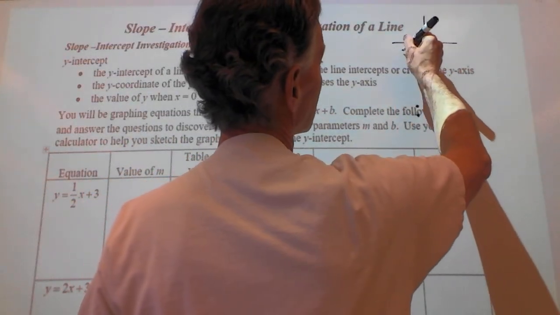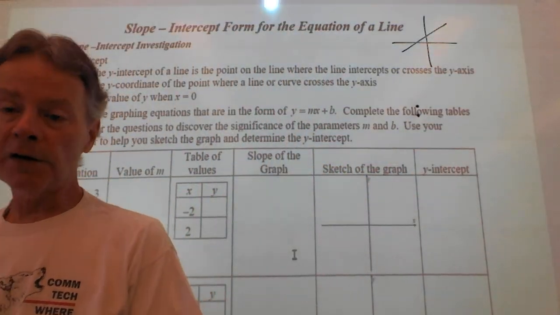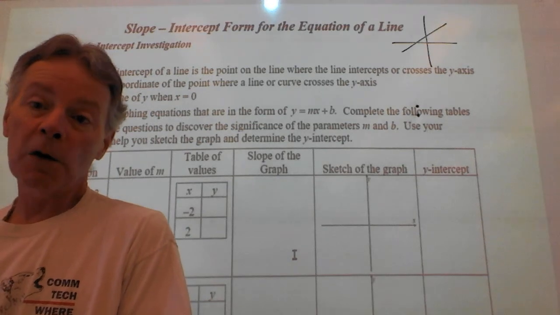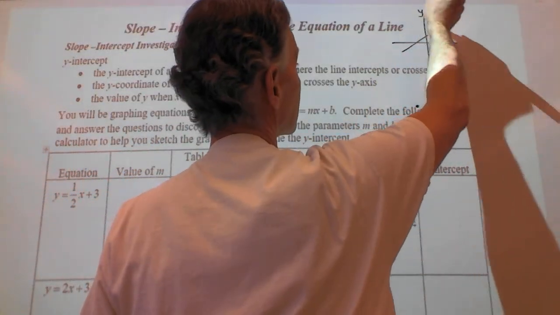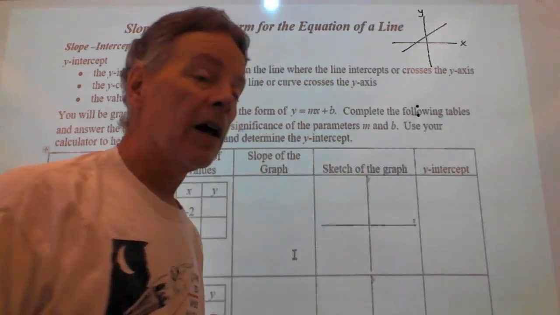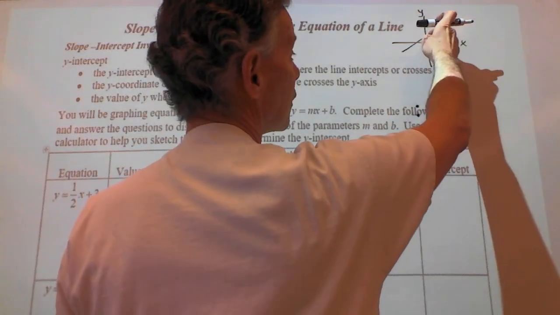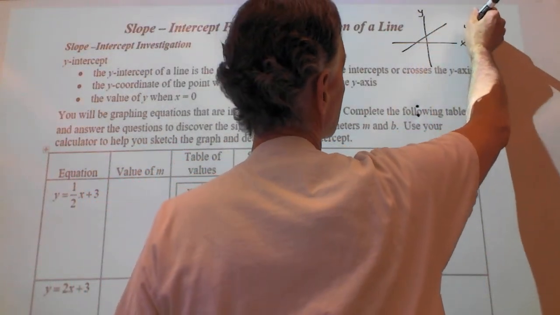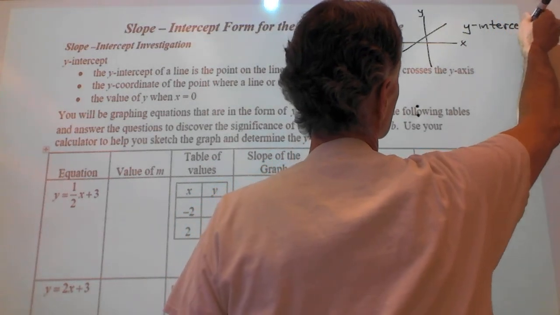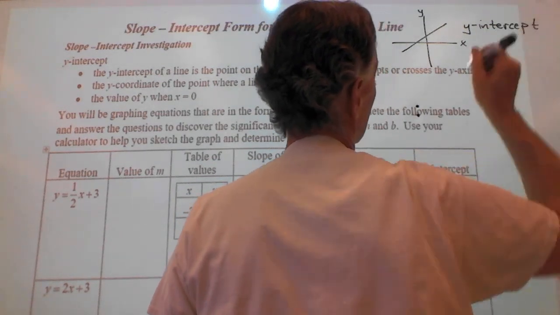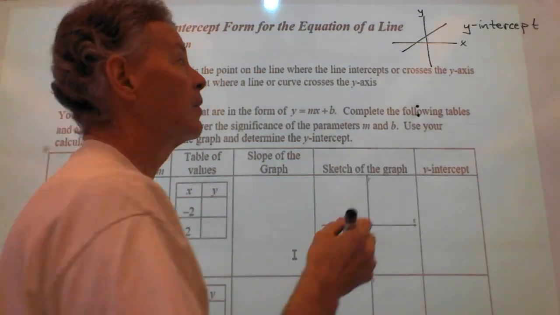If you have a line that's graphed on that plane, most of the time, unless it's a perfectly vertical or perfectly horizontal line, it's going to cross both the y-axis and the x-axis at some point. The point where it crosses the y-axis is referred to as the y-intercept. And I just remember that that's because it intersects the y-axis